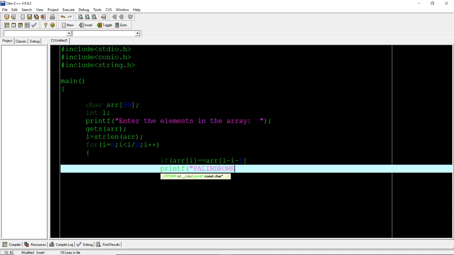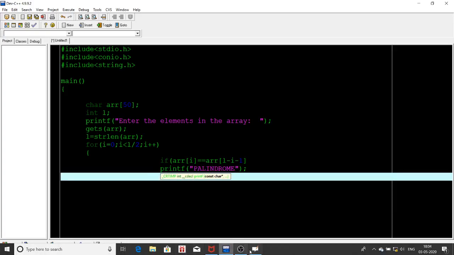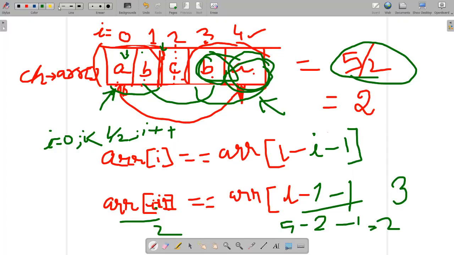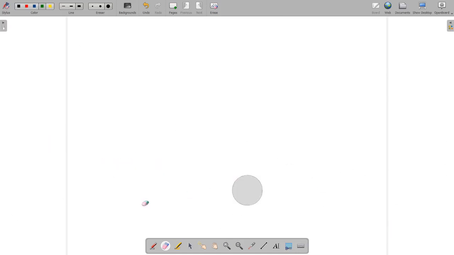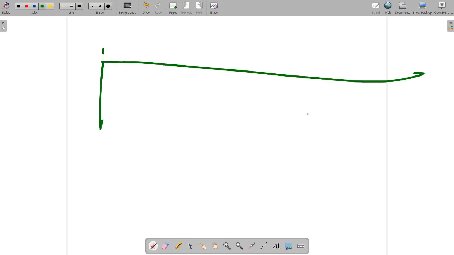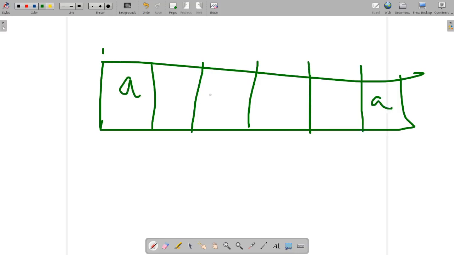But here the problem will arise. Say if this is the array, this is equal, but this is not equal.